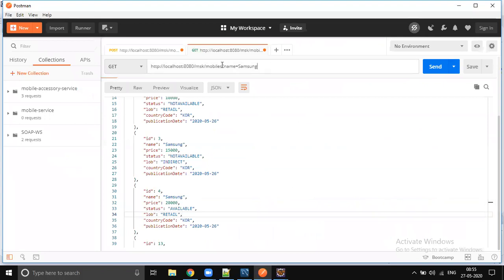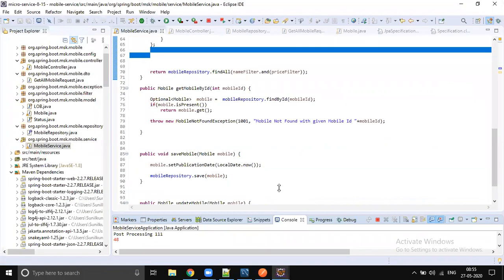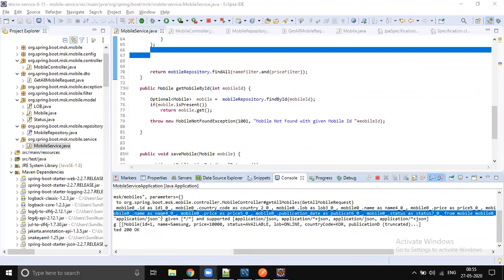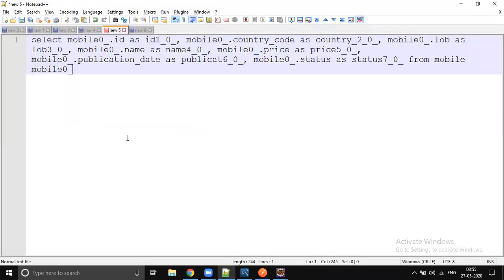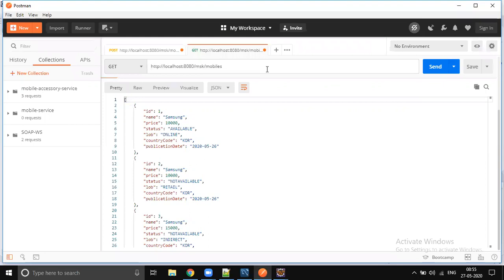So if you don't send any filter, you see now the query is going to have only select star from. No where condition, no and condition, right? It's just select column names from mobile. So no where condition, no and condition. Perfect. If you send only name in the request,